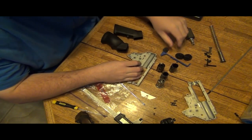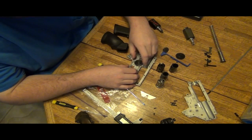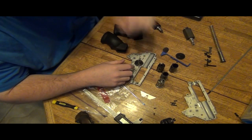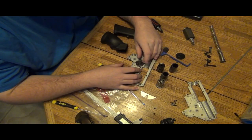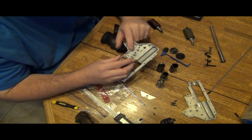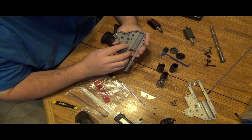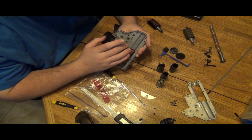If you don't have it as flush as possible, when you go to shim your gear and check it, it'll look like it's going straight, but it's not. So when you close up the gearbox, it'll actually feel very loose, but then get hard at one point. For example, it'll be loose here and then hard here. That's because your bushing or bearing is not flat inside the gearbox. You could have had debris in there, and you glued it in. So you want to make sure you sand down the area